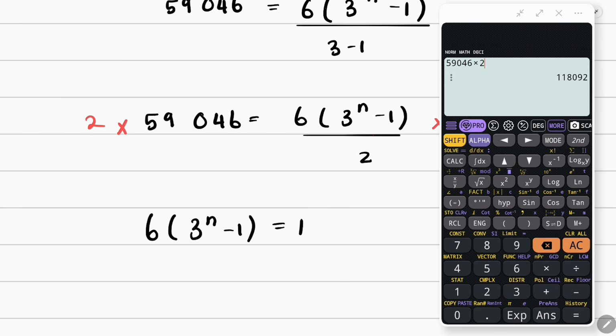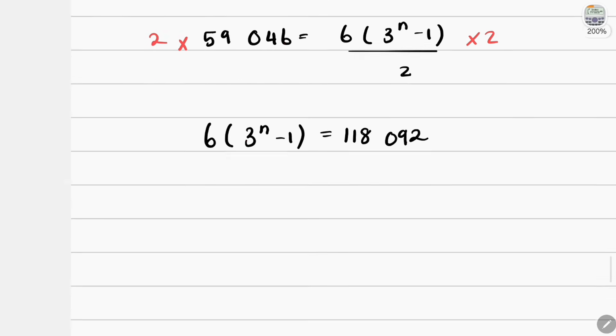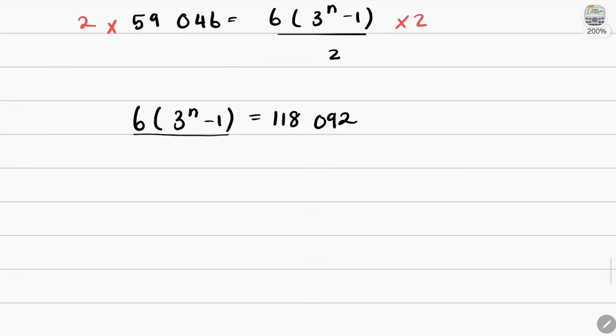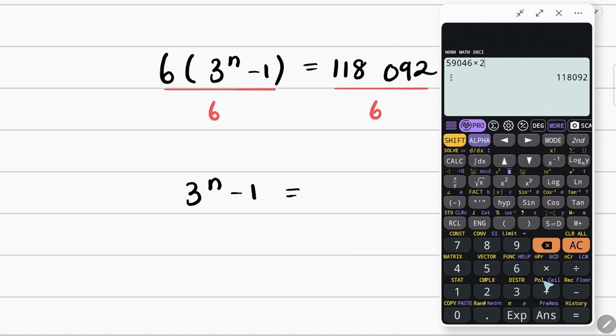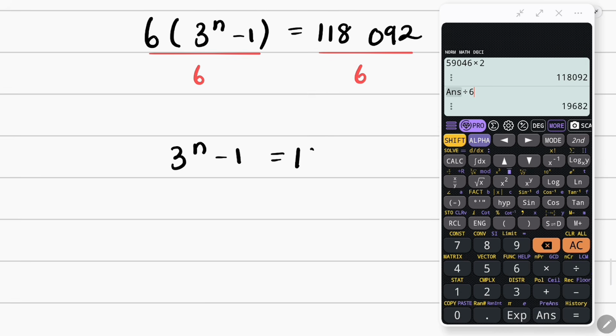That gives us 118,092. Okay, so this is what we have. And now we can finally divide both hand sides of this equation by 6. So this is equal to 3 to the power of n minus 1 is equal to, and we'll take that value again and say divided by 6, and we get